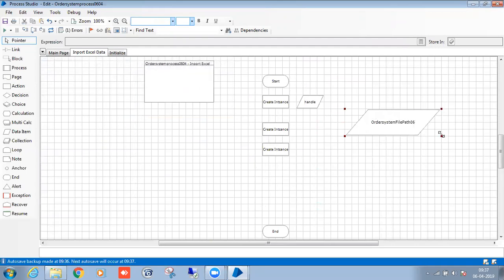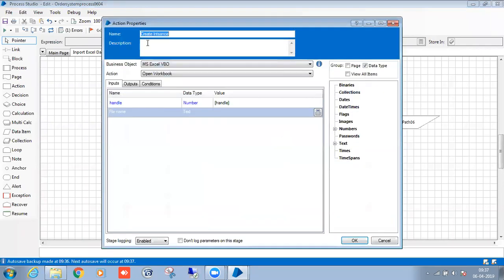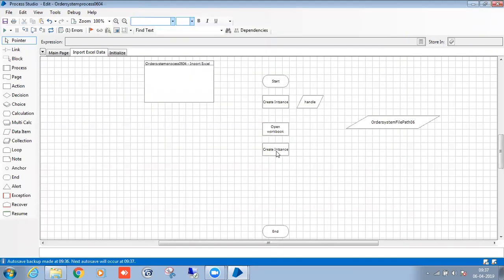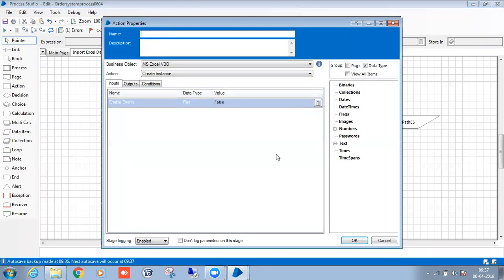It's the environment variable. Next, get worksheet as collection.